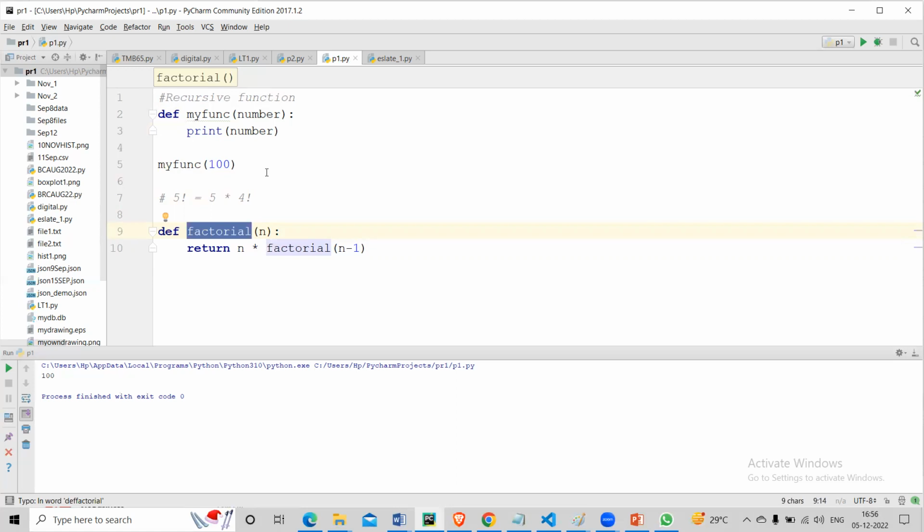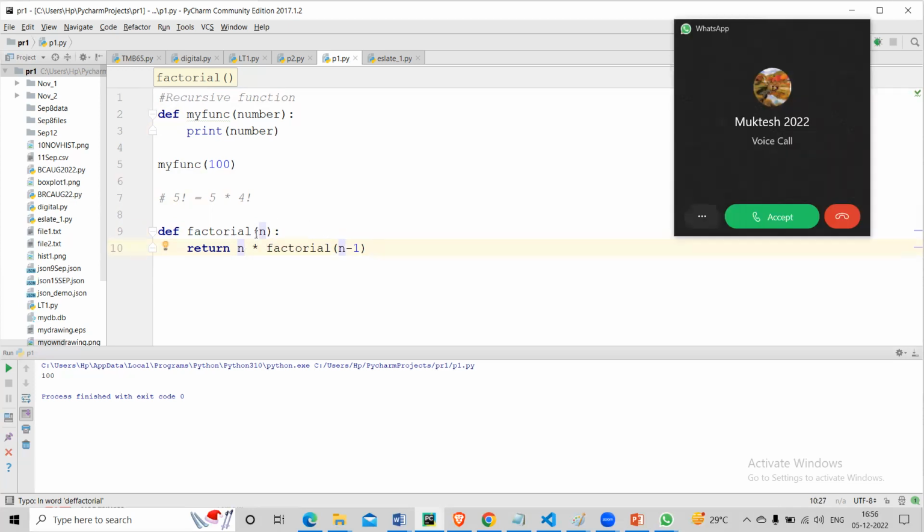So you're calling factorial n minus 1. Now, when you say factorial n minus 1, your n becomes 9 here, right? So since in return you already have 10, now into n minus 1, n is 9, so it becomes 9 into 8. It goes here, this is 8, so it becomes 8 into 7. It goes here, you have,